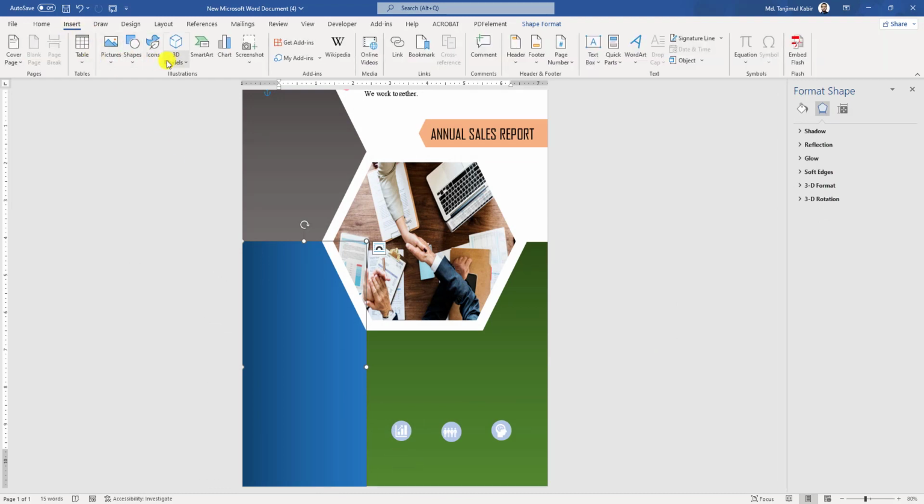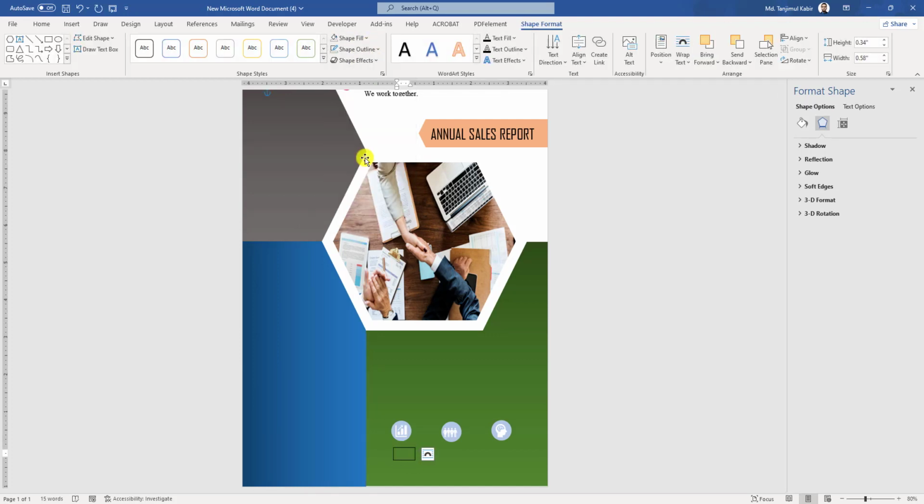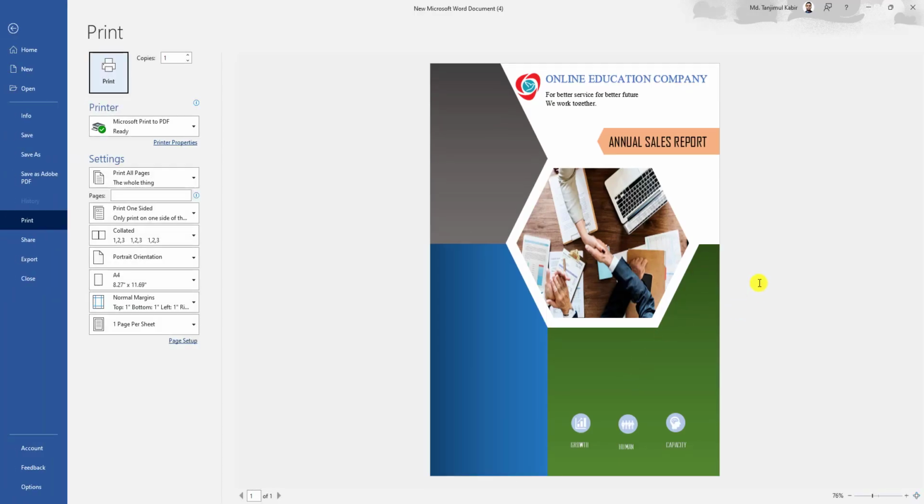Let me go to Insert, go to Shapes, text box and draw it. Shape Fill, no fill. Shape Outline, no outline. And right here Growth. Ctrl D to make it duplicate. So if I want to watch the print preview, let me click on Ctrl P, and here is my cover